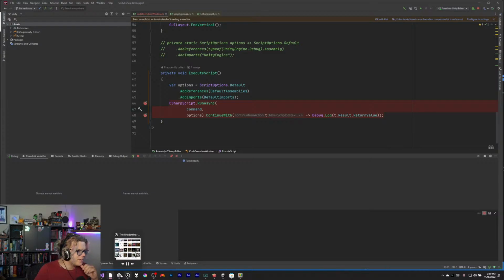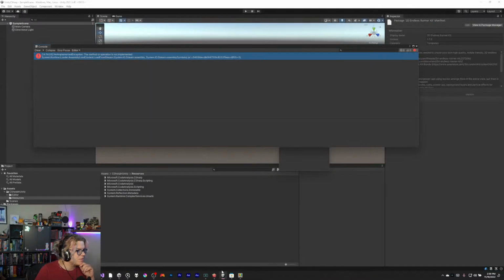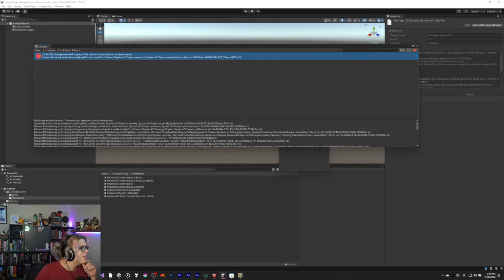I don't think Unity shows you the parameters in your exceptions, because you just get types. So load from stream, assembly, and assembly symbols. So it doesn't like something about the assembly that we're providing, is my assumption. That's my current assumption here, is that there's something going on weird with these assemblies that it just doesn't like,